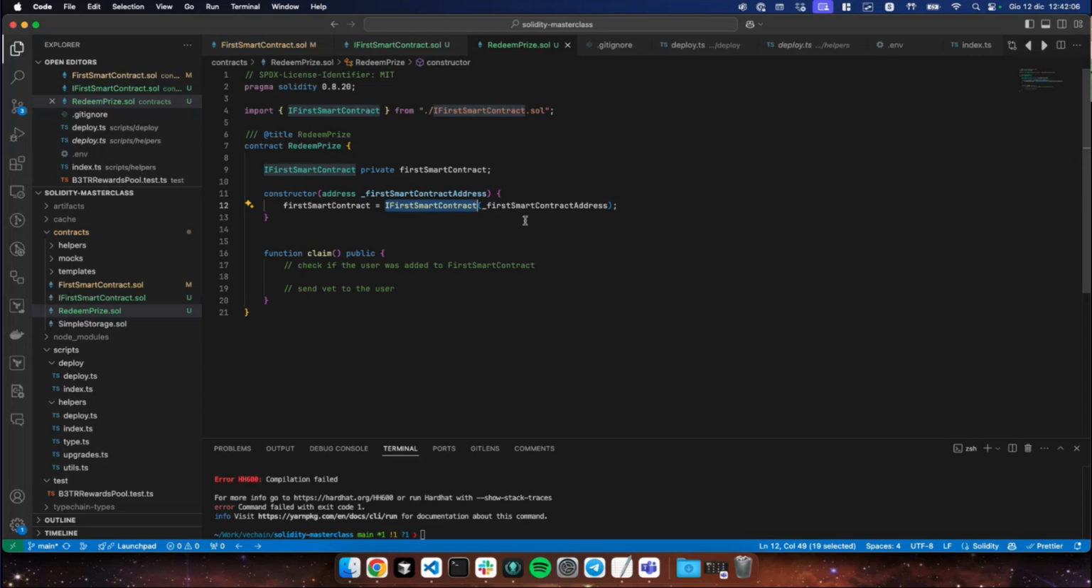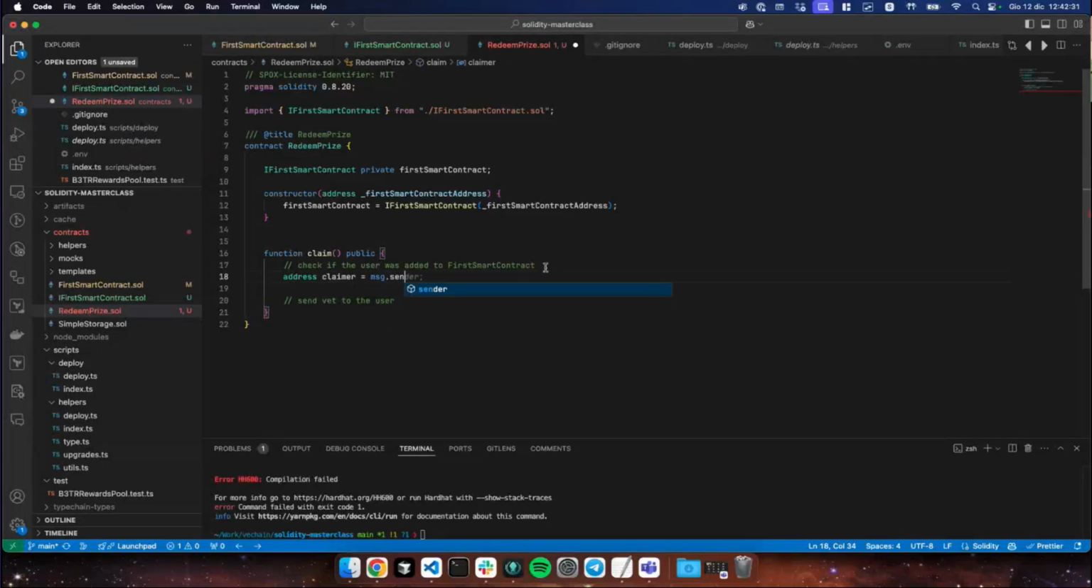So by this, we are parsing it and saving it, actually. We are pointing to a contract, right? And everything's okay. Right now, in our function claim, we get an address claimer. Who is the claimer? It is the message sender, the one that is actually